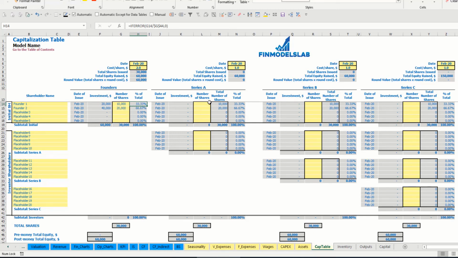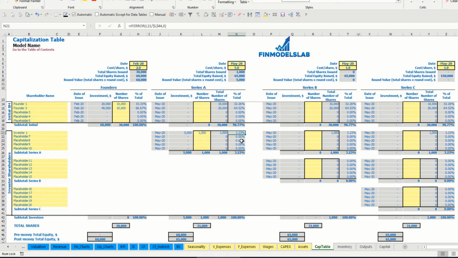67% of shares. So let's pretend that for Series A we have 1 investor, and the date of issuance is May. Cost per share is $5 per share, and the number of shares is 1000. So the total amount of investment will be $5,000. You may see that before the Series A, total equity was $60,000, after it is $65,000, and investor 1 will have